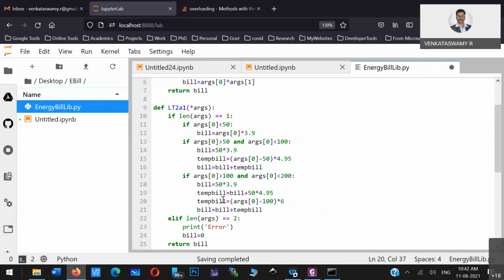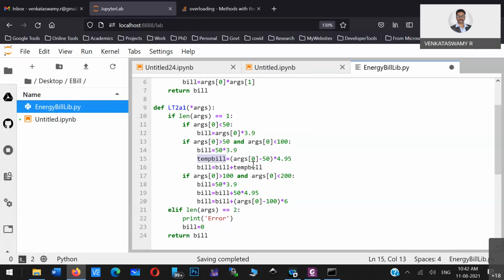Then again, you can give that as a bill, so bill is equal to bill plus, like that you can make. So let us remove this one. Let the bill be updated every time.